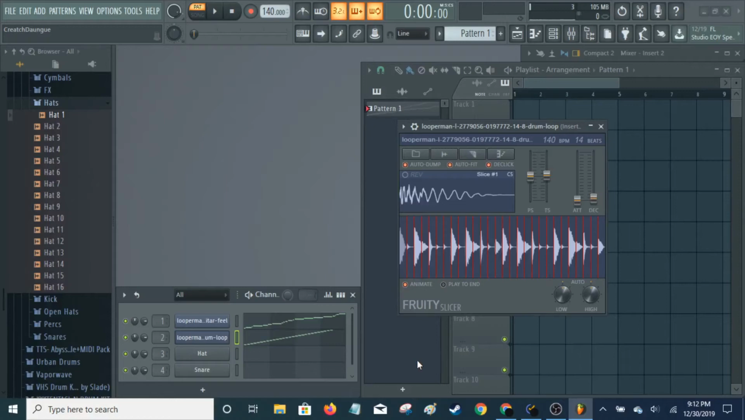It's Gretch, and today I'm going to be doing a tutorial on Fruity Slicer, specifically for drum loops. I will be doing another video for melody loops, non-drum loops. So the first thing you want to do if you just have a raw sample is go here, and by